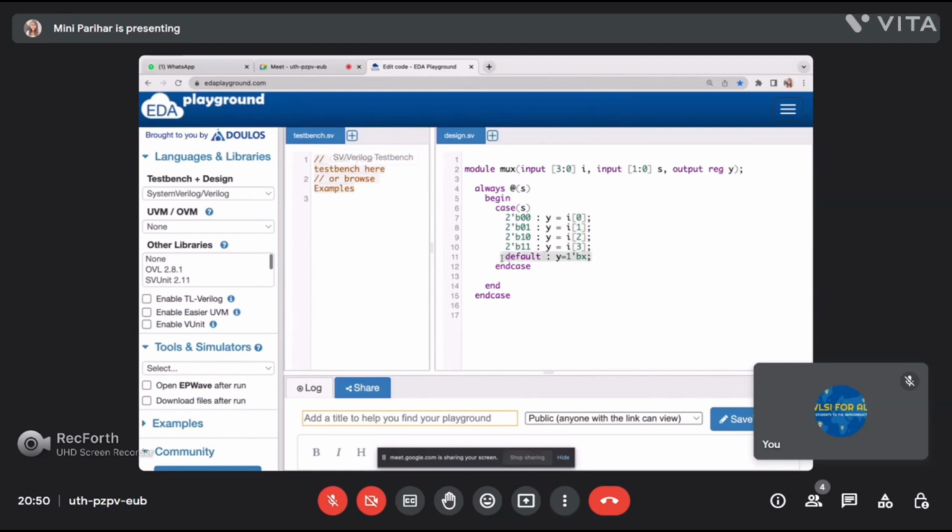Why the default statement? Because there can be a condition in the test bench where I can give x or any other value. That time there should be some value, otherwise a latch will be inferred and some erroneous value will be there.